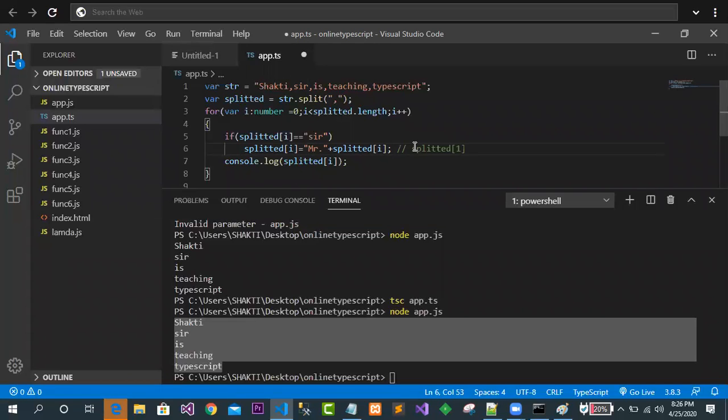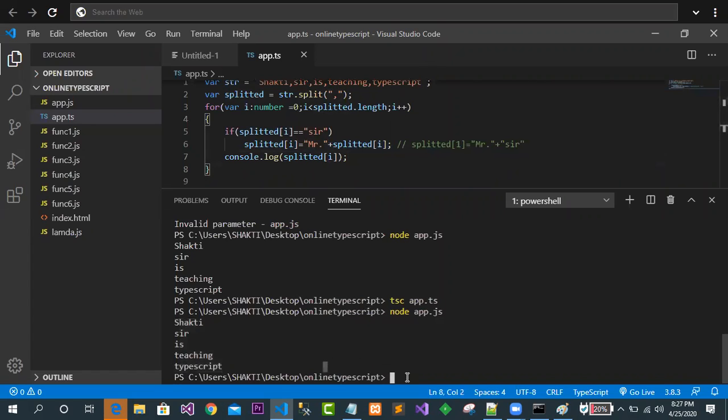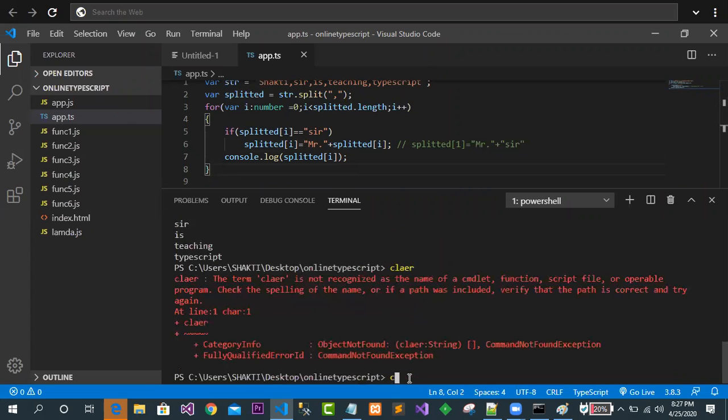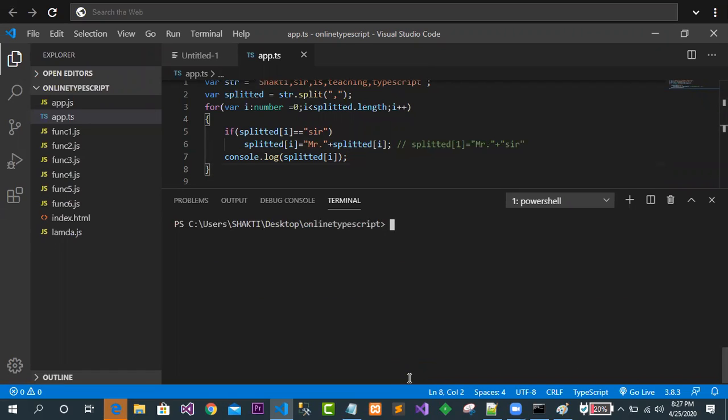To this index we have concatenated "Mr." with a dot plus, so the value is now "Mr. sir". Now if I compile the program, app.ts is fine.